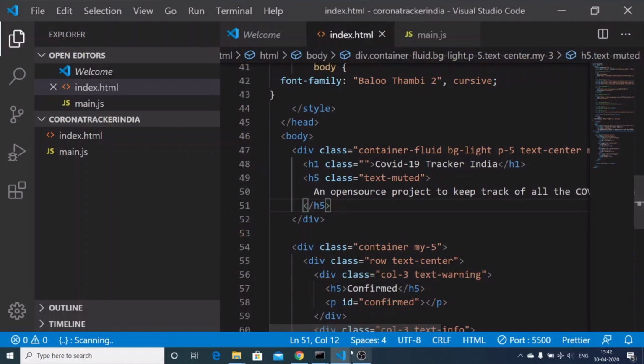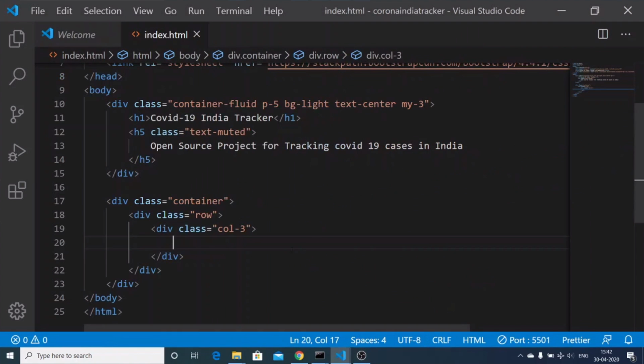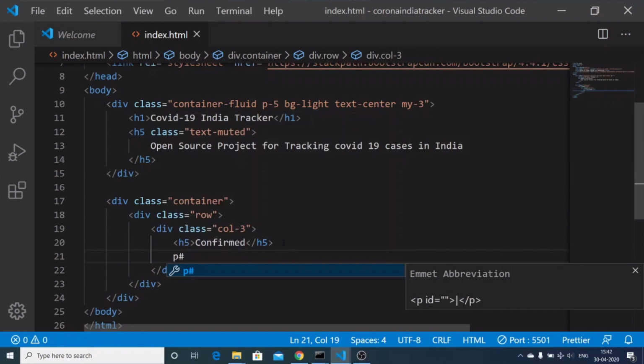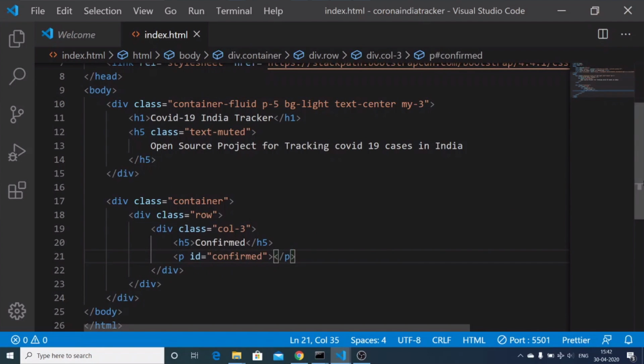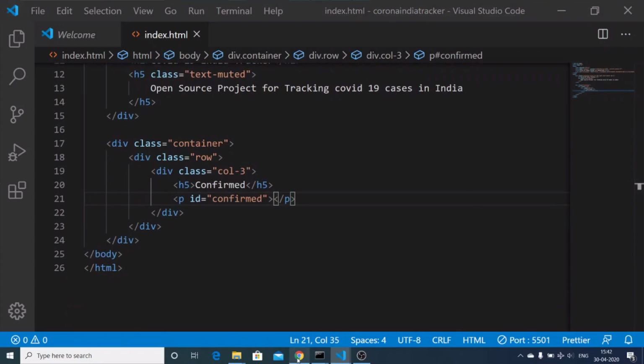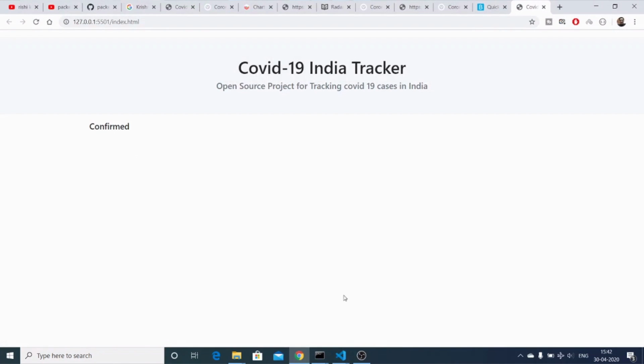Yes, inside h5 you can just display it, h5 Confirmed, like this. And after that we will have a paragraph, which will be having the confirmed cases. We will be displaying it dynamically. If you refresh it, you will see the confirmed cases.